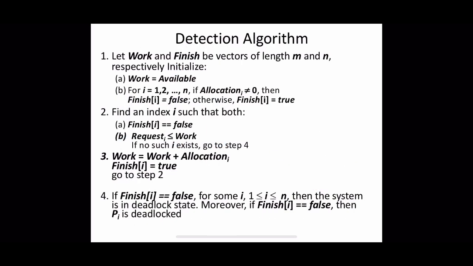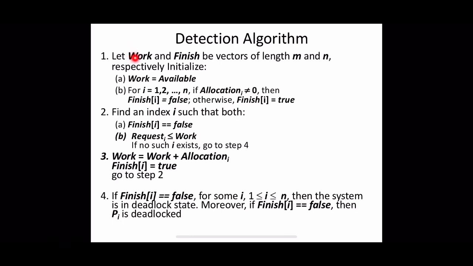Now coming to the algorithm, you can see the resemblance of this algorithm with Banker's algorithm, right? What this algorithm does is, it will take all the processes which are yet to finish and find out whether any possible sequence exists by which these processes can somehow finish their execution. And if such a sequence exists, there is no deadlock. Otherwise, the system is in deadlock. We can see how it is actually done.